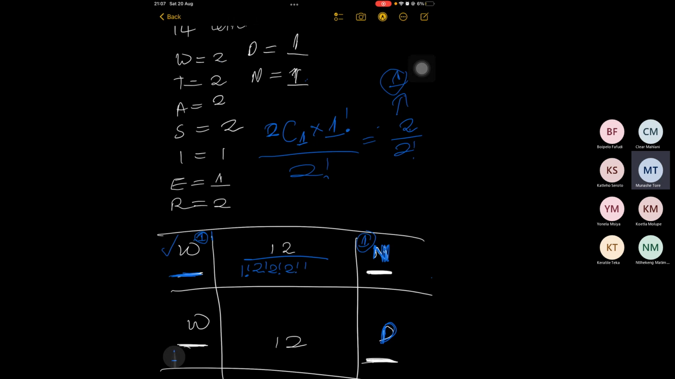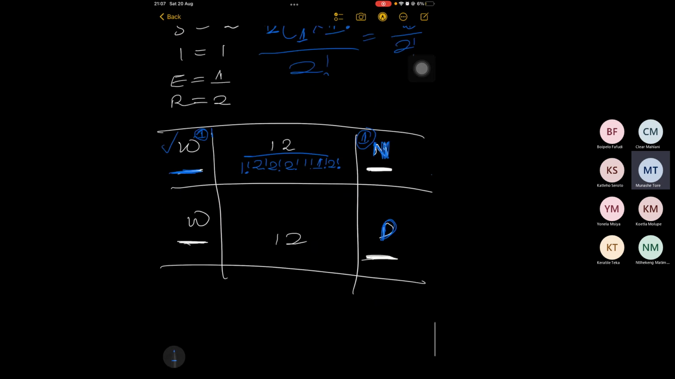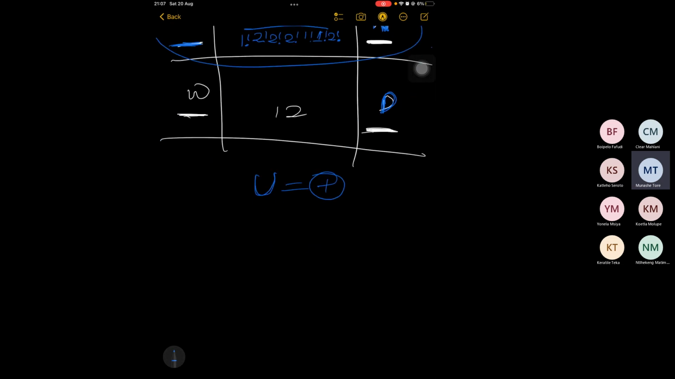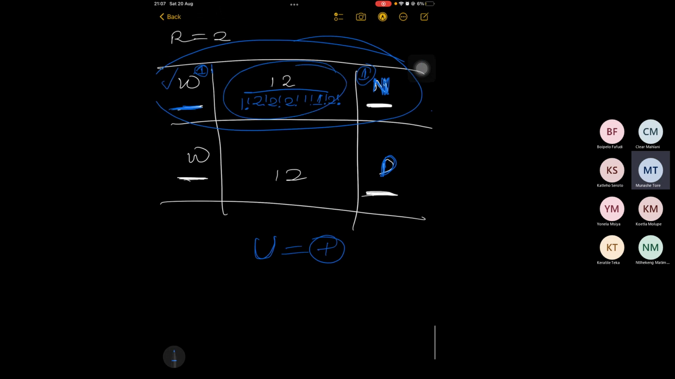for S, 1 factorial for I, 1 factorial for E, then 2 factorial for R, then 1 factorial for D. So it's going to be 12 divided by 1 factorial, 2 factorial, 2 factorial, 2 factorial, etc. Then the moment you're in OR, just know very well that it's union. And if it's union, it means you are adding. So you add the answer that you get here, plus you do